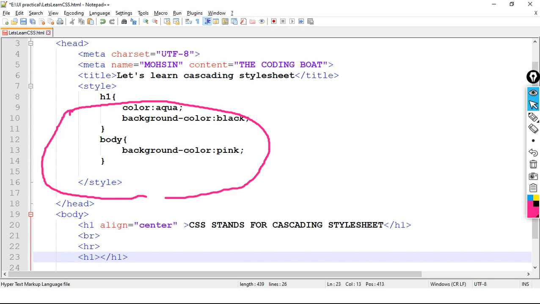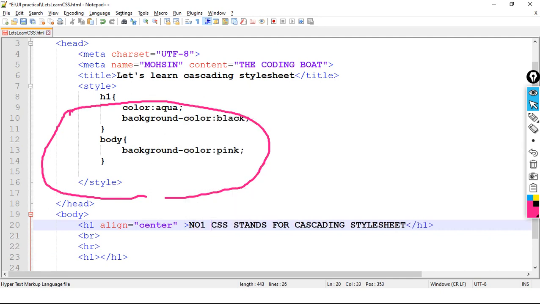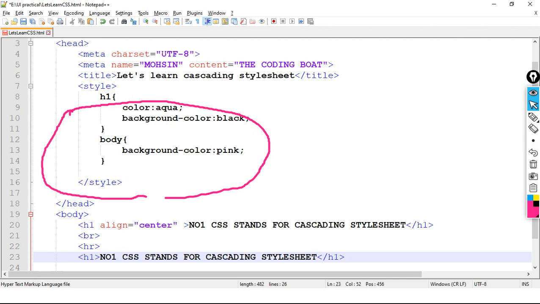CSS stands for number 1, and here I am writing number 2. I have taken two headings, two h1 tags.